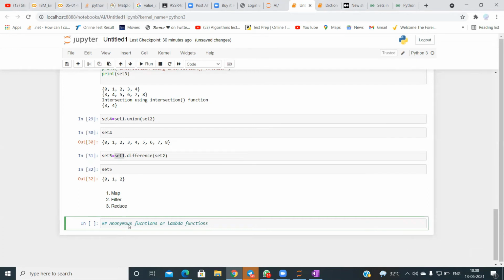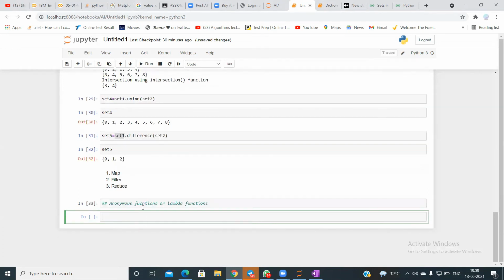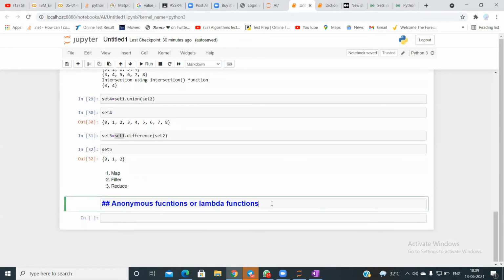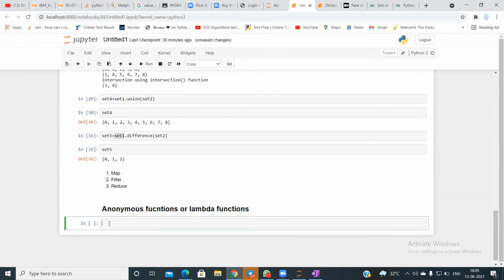Anonymous functions are lambda functions, so let me just put it in a markdown. So anonymous functions are lambda functions. So what is a lambda function?